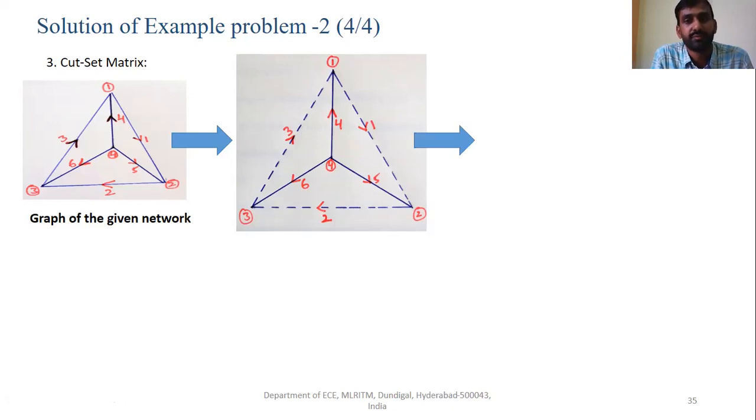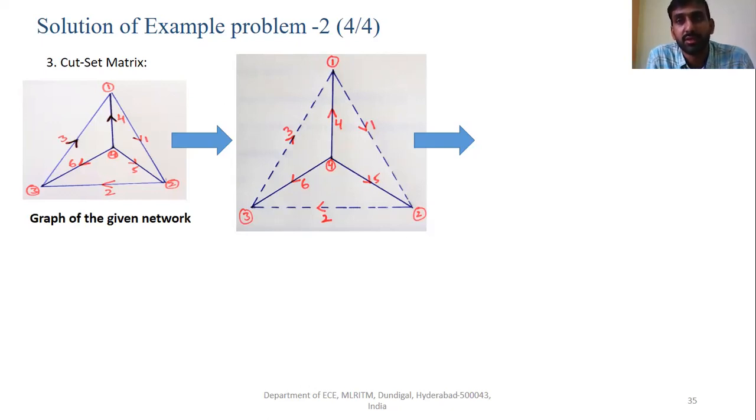So the number of cut sets of a given graph is equal to the number of twigs of the graph, whereas the number of tie sets is equal to the number of links of the graph.